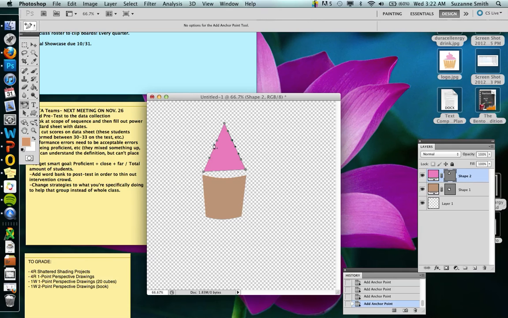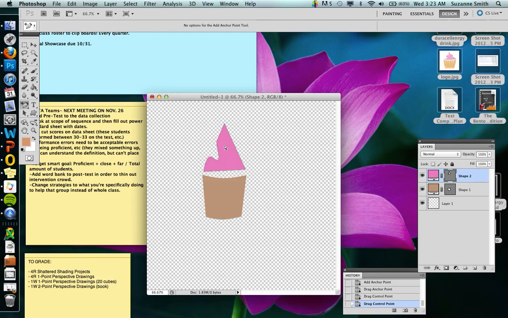Okay, I have my 4 new points. I'm going to hold down Command, and I want to bring this in a little bit so it's kind of curved. Now you notice there's a square. If you move this square, you're just moving it back and forth, shifting it. If you click on the circles, you can drag this like so, and you could also turn them so you can twist whatever vector you're doing. So I'm going to twist and pull a little bit